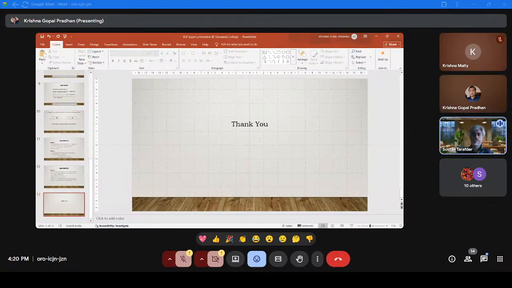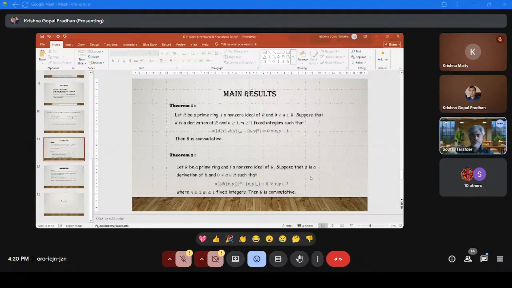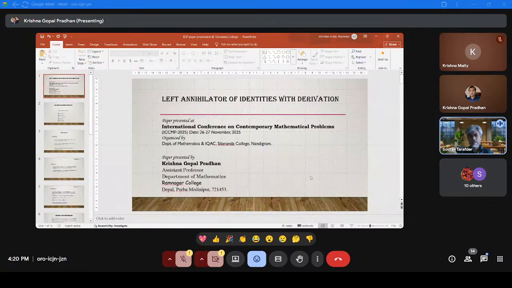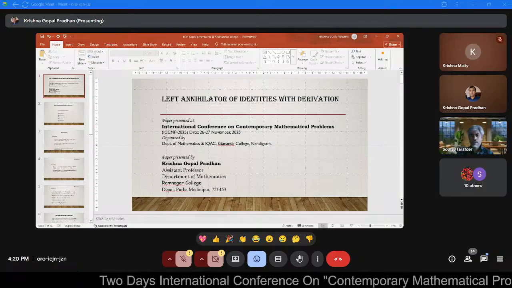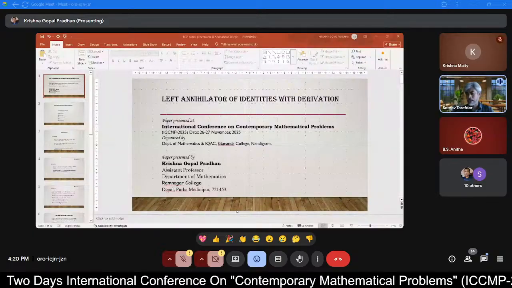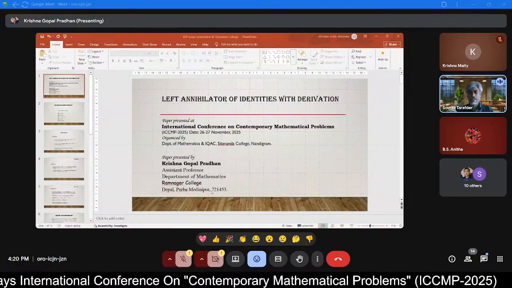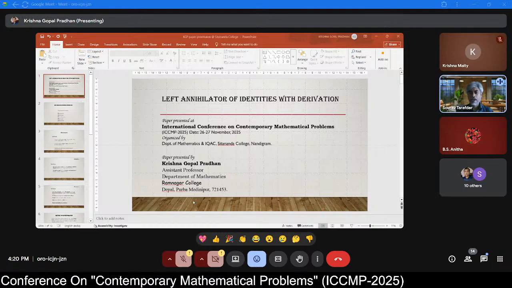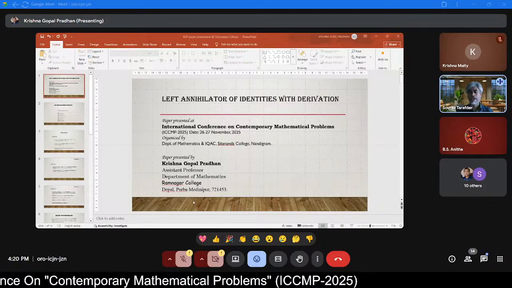Thank you very much, sir. It was a nice presentation. Yes, thank you, sir. Anyone wants to ask any question? Any quick question? I think we are very much running out of time, and sorry, sir, we cannot discuss anything now, because we are really out of time. So with this, I thank one more time Professor Krishna Gopal Pradhan, and we are now going to the next speaker,